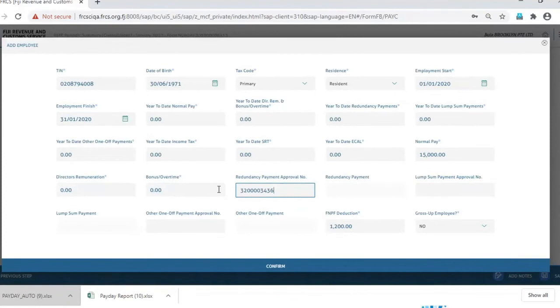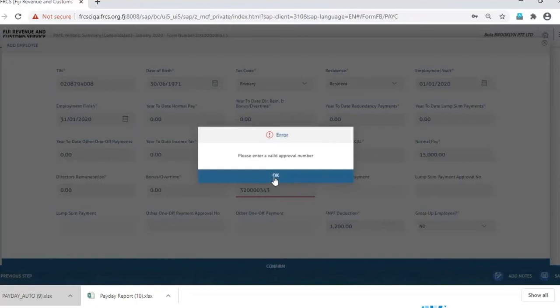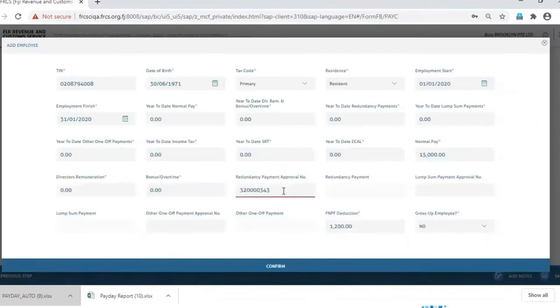Even if I miss a digit in this approval number and try to proceed, the system will give me the same error message that this approval number is incorrect. So when you put in the correct number, then only the redundancy field is editable. Same thing is for lump sum